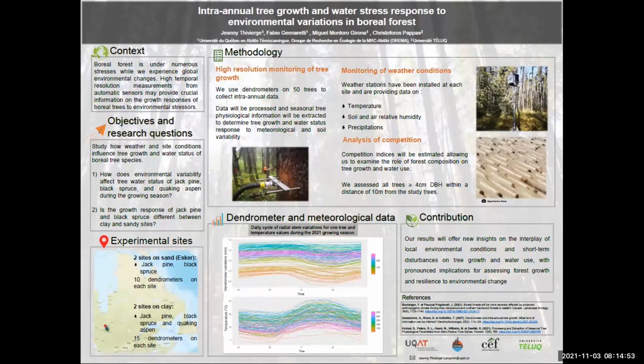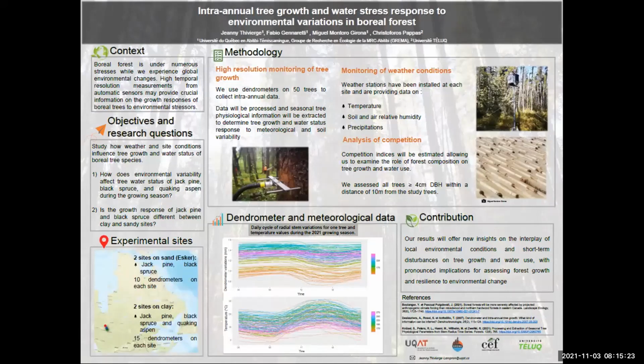So just a little bit about methodology. We use high resolution monitoring of tree growth. As I said, we use dendrometers on a total of 50 trees to collect intra-annual data. And the data will be processed eventually, and we'll get physiological information, and that will help us to determine the tree growth and water status response to the meteorological and